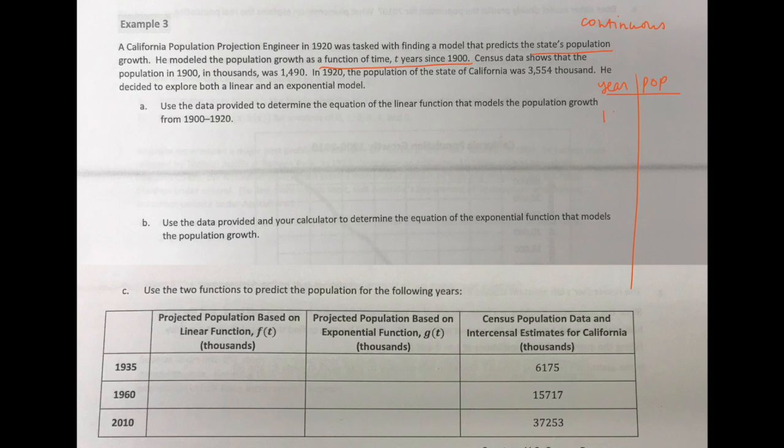I have the year 1900. The population at that time was in thousands, 1,490. And then I also have the year 1920. The population at that time was 3,554. And so what this problem wants me to do is it wants me to create both a linear and